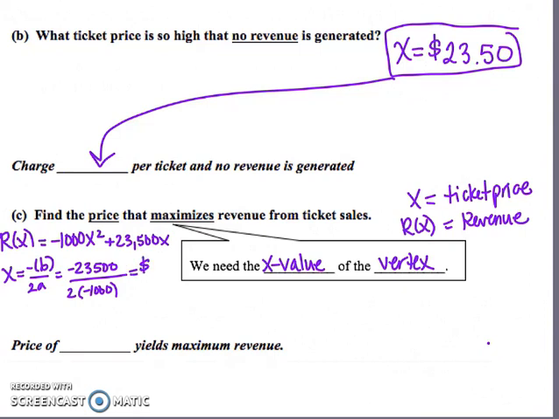You grab your calculator and do the math. And this ends up being $11.75, okay? So the ticket price that's going to yield maximum revenue for this stadium is going to be